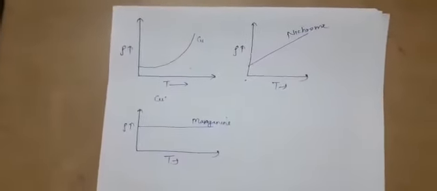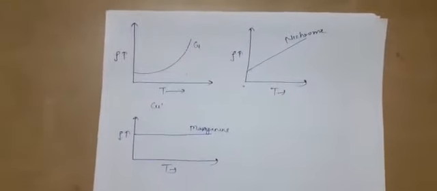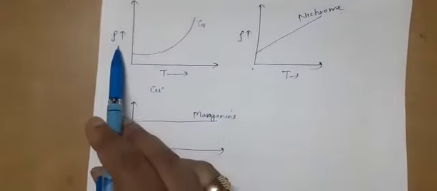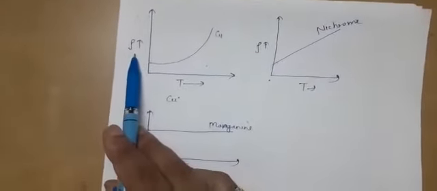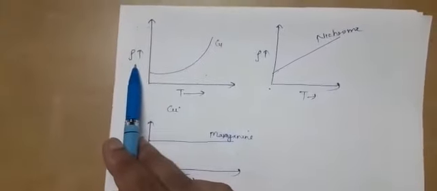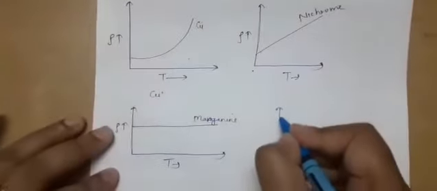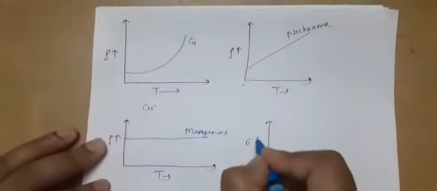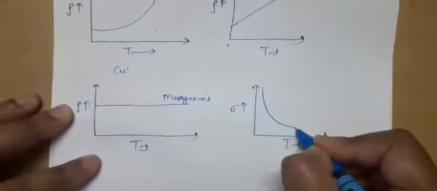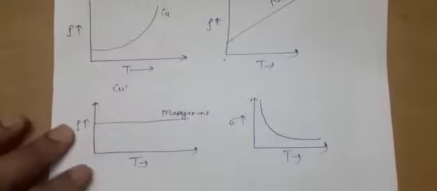Now as we have discussed the concept of conductivity and resistivity, and I have also introduced that when resistivity has been plotted for conductors, then if you have to plot conductivity, it will decrease. Resistivity increases, so conductivity decreases. I think I have covered it in the previous lecture. So with the rise of temperature, the conductivity will decrease.